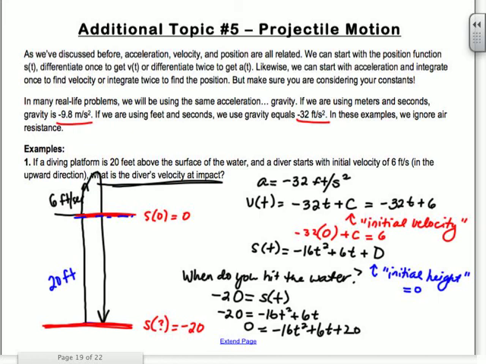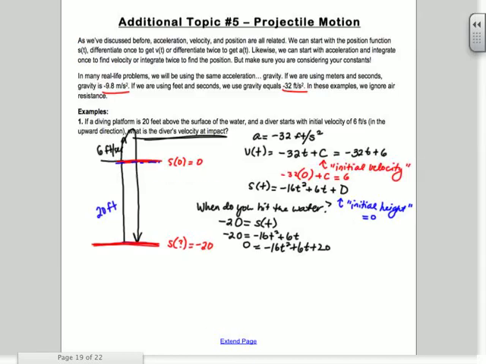Hit graph. Find the 0. We want to find when it's crossing the x-axis. Time is not going to be negative, right? So we're going to find the positive value. When you do this, you should get t equals